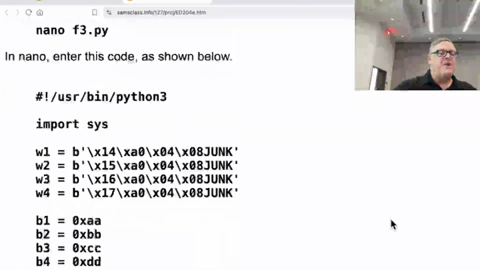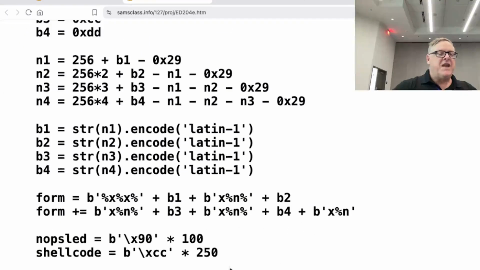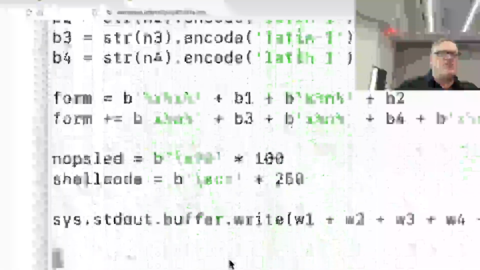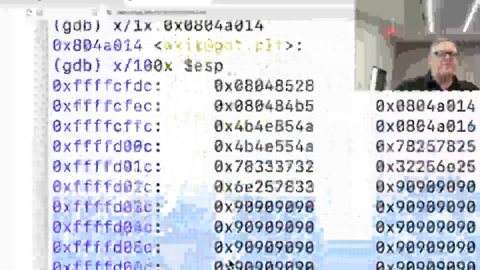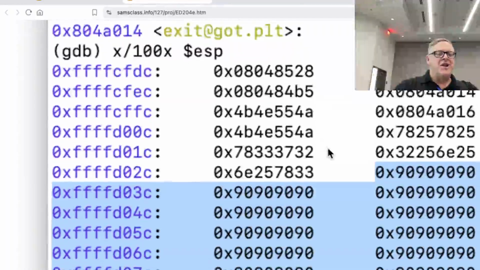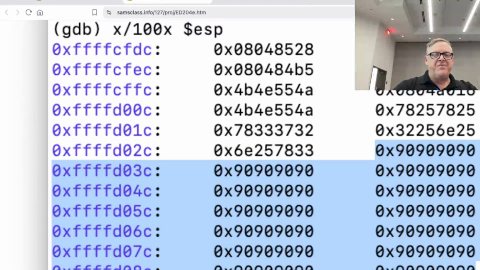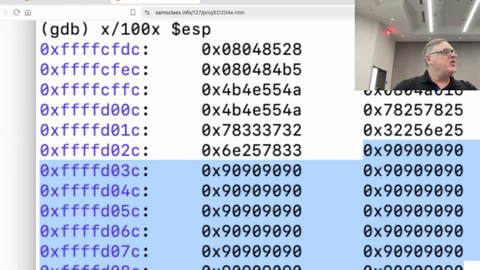So now I do the same thing we did before. I have to make a NOP sled and shellcode. I make the NOP sled: 90 is NOP and CC is break, which returns to the debugger. So if you want to just make a prototype exploit to find out where the addresses are, you can just put in a NOP sled and a shellcode. I put in 100 NOPs and 250 shell breaks just so I can practice. Then you can run it, look at it in the debugger, and you can find your NOP sled. Here's my NOP sled with 90s, and here's my fake shellcode with Cs.